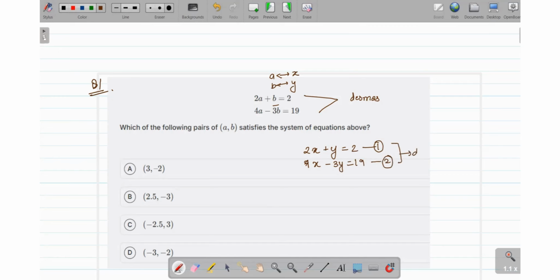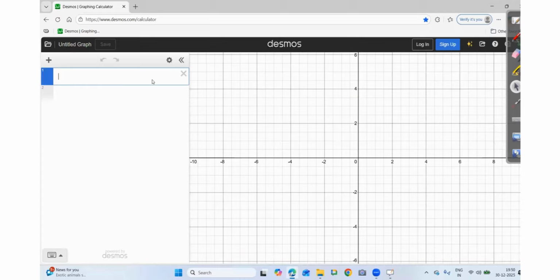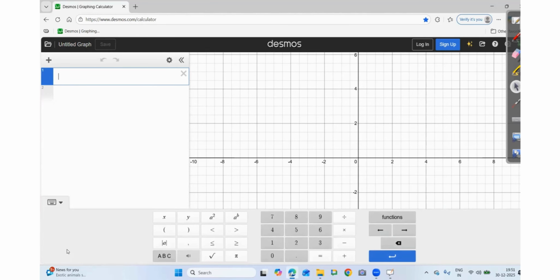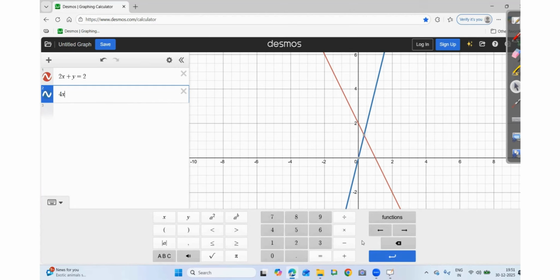Now we are going to put these equations as they are on Desmos, and then we will check what our solution is. So let me open Desmos for you. Okay, you have to click on the first tab, as you can see. You have to put in your equation. Always use this keyboard which is given by Desmos itself, which is very easy to use and very easy to type. The first equation was 2x plus y is equal to 2. The second equation is 4x minus 3y